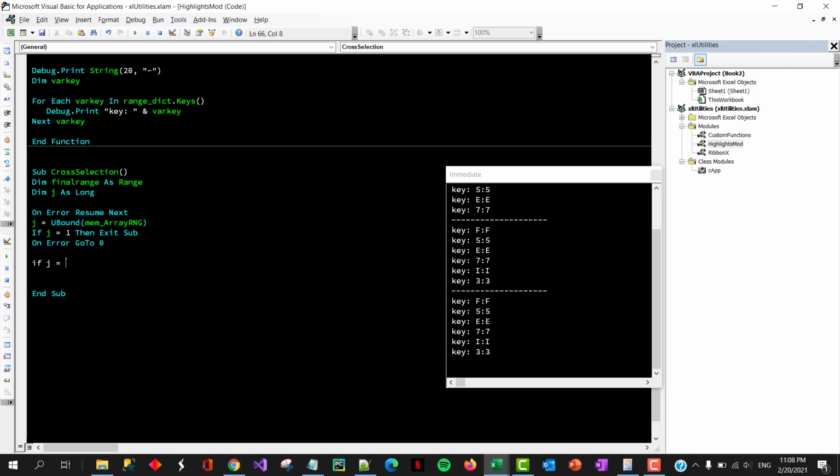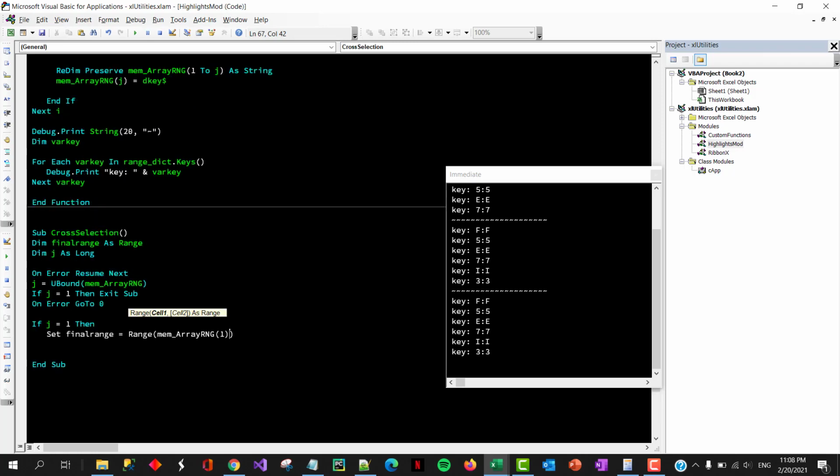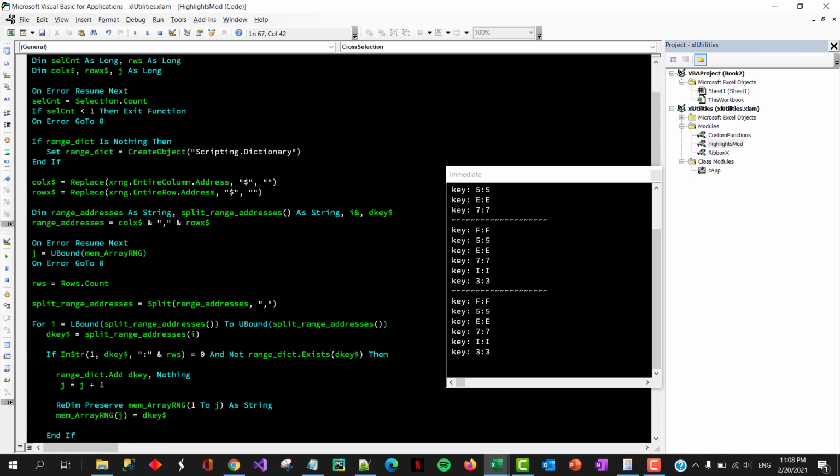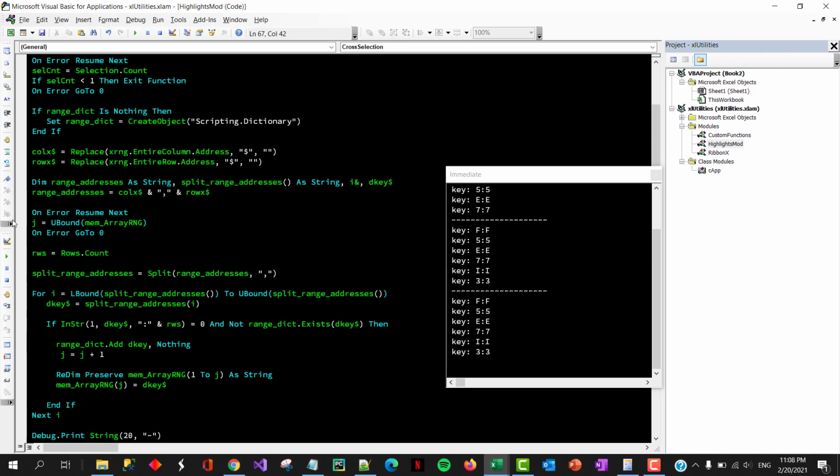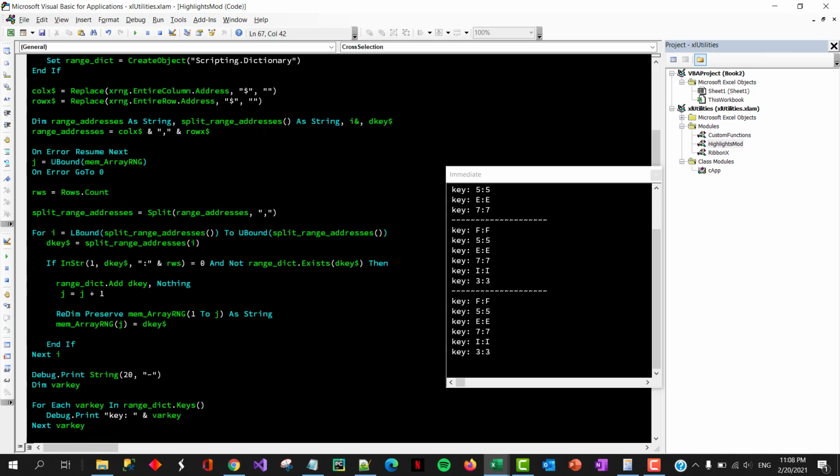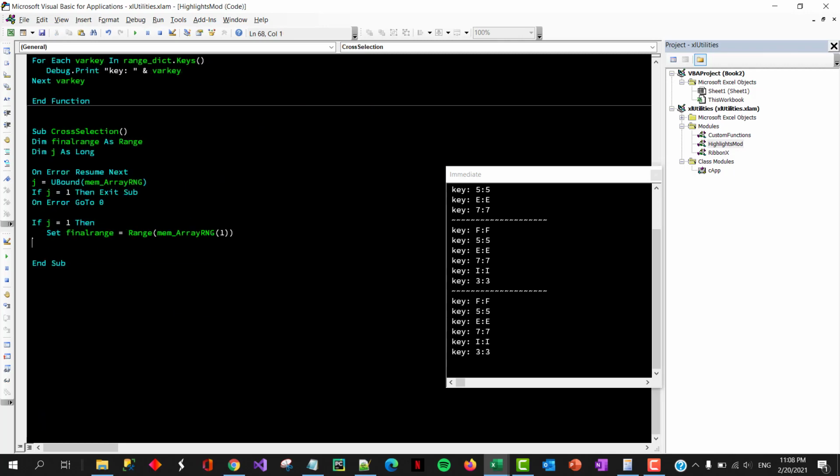If j is equal to 1, that means there's only one address. Then set this equal to range, and whatever was the first index, because we are starting our index from 1. If this is 0 at that point of time, once we go down here, it will increment it. Yeah, so it starts from 1. And then else,